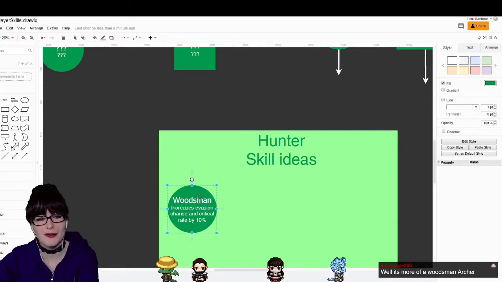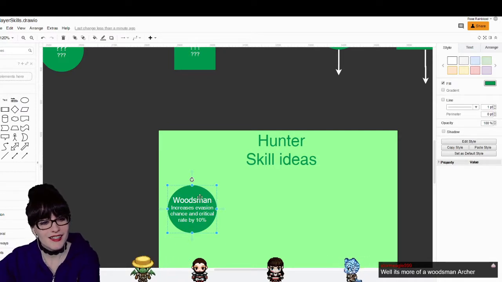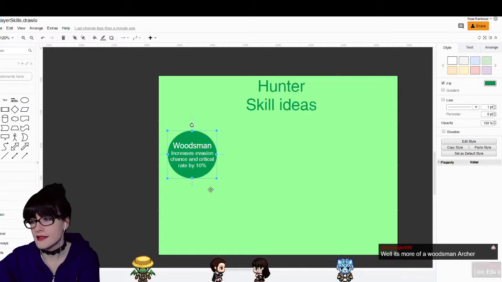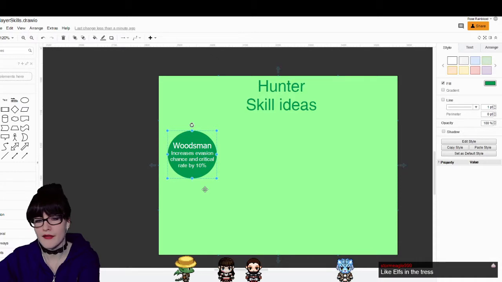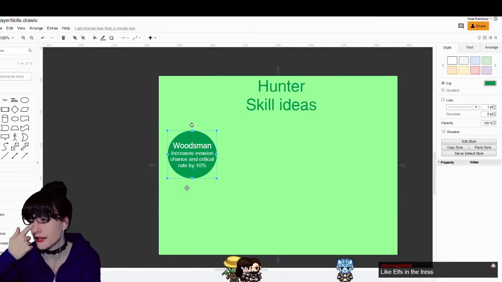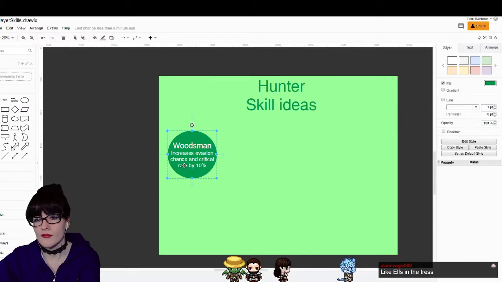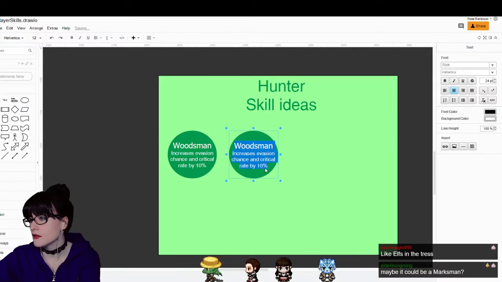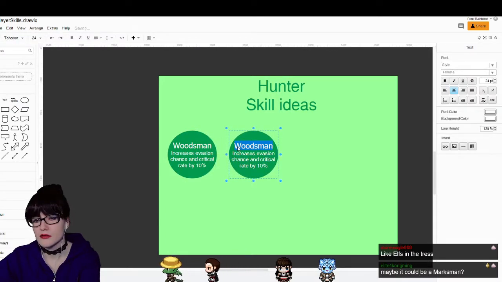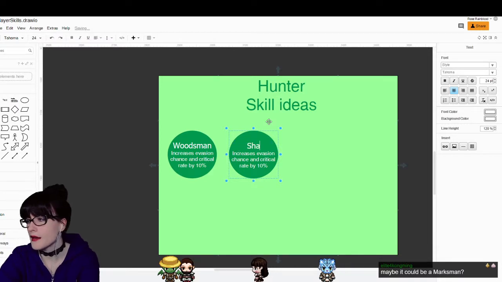I am looking with confusion. The skills seem pretty good so far. Evasion and crits, a good start for these classes. Yeah. And I suppose the Hunter kind of has a bit of that in them, in a way. They have to, because they're squishy. And yeah, this will gradually increase as it levels up. Next one is a passive skill as well, so...